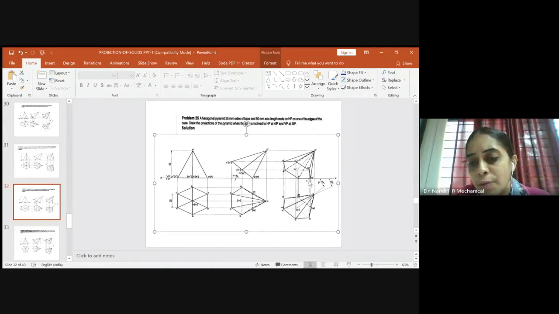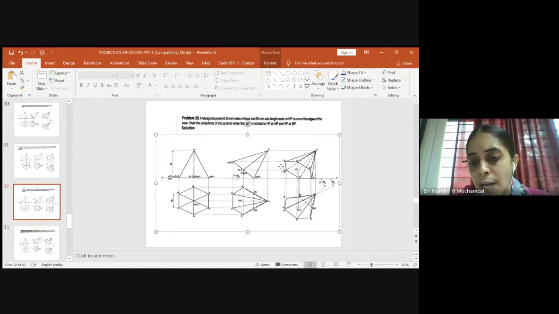So always we'll start off with joining the outer boundaries. So you will join A dash to B, you will join A dash to O dash to D dash to E dash to F dash to A dash. So this is the outer boundary of the given pyramid which is visible. We darkened it. After that, when the observer views from here, this bottom surface will be visible. So the other three corners of the bottom surface, we will darken. So you darken D dash to C dash to B dash to A dash. So now the base surface has been darkened.